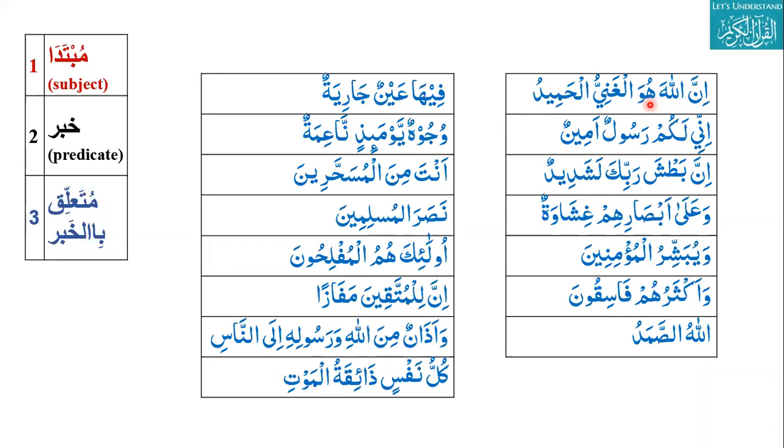No, is it jar majroor? No, I don't think so. So this is mubtada. I told you in the first lesson that huwa, hum, anta, antum, ana, nahnu can be mubtada also. Ismul ishara can also be mubtada, like haza, zalika, ulaika. So inna allaha is mubtada 1, huwa mubtada 2, al-ghaniyu khabar 1, al-hamidu khabar 2. Can you translate? Indeed, Allah, He is Al-Ghani and Al-Hamid.